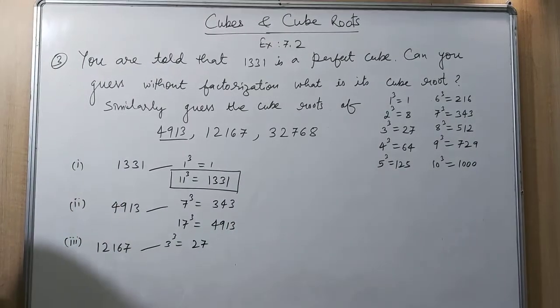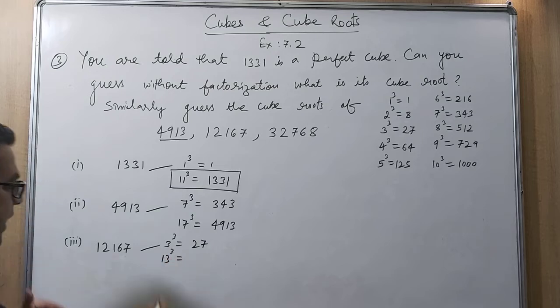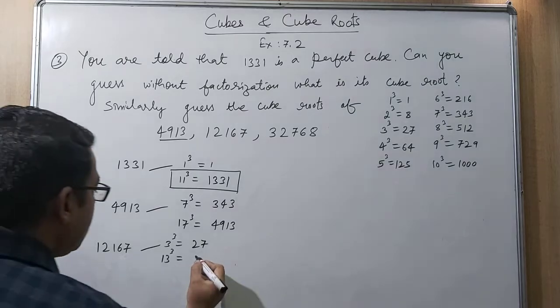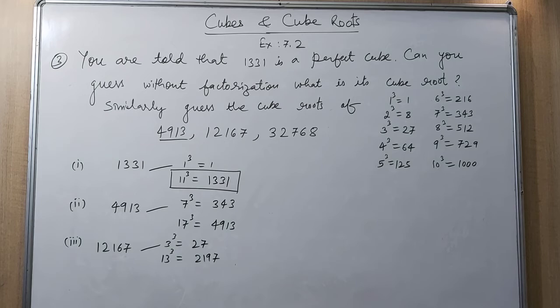Right? So it is not cube of 3. Now the next number that ends with 3 is 13. Now cube of 13 is 2197. You can calculate it also. But the next number after that